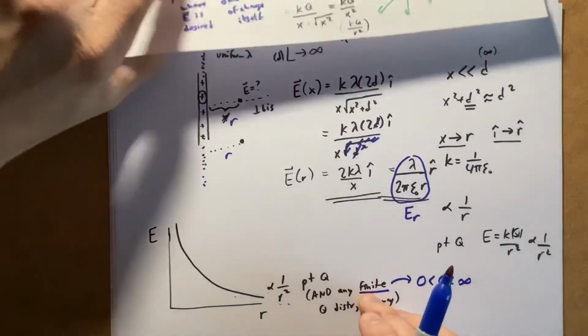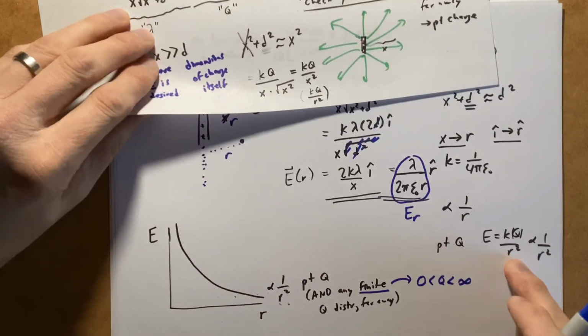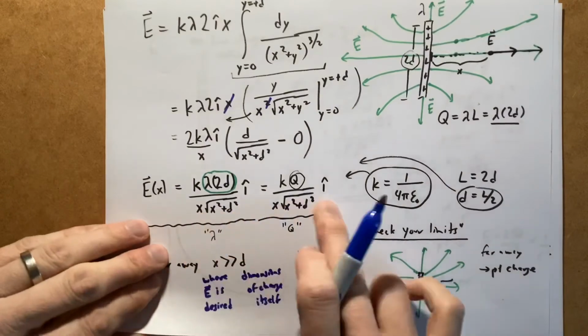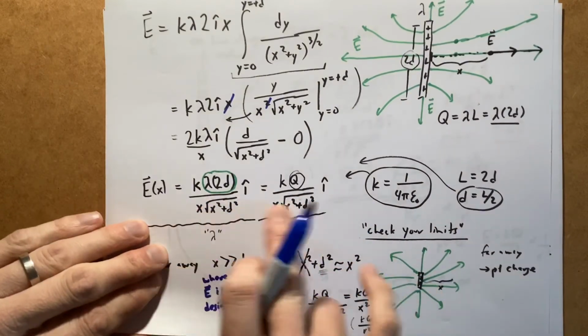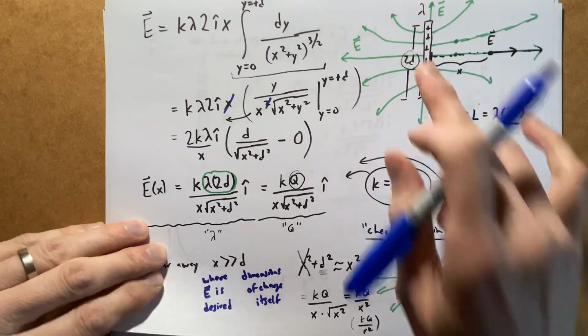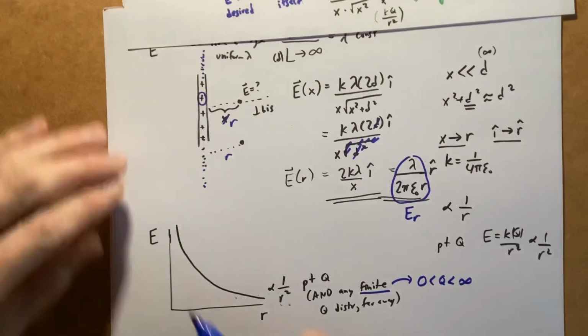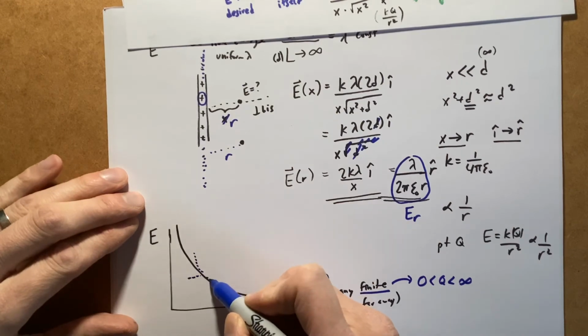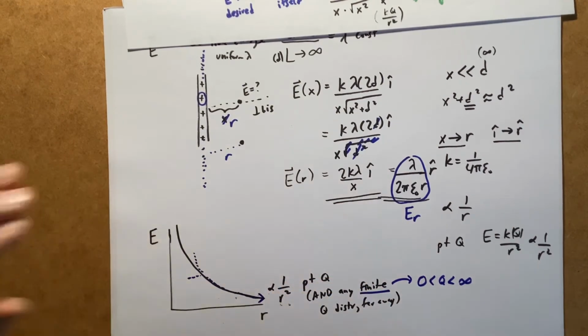I'm not saying that this point charge formula is correct all the way. Of course, we found that it had significant deviations very close by, when you noticed that it was not a point charge and it's a line charge instead. But at some point along the way, when you get far enough away, it will meet that line and go along with it all the way to